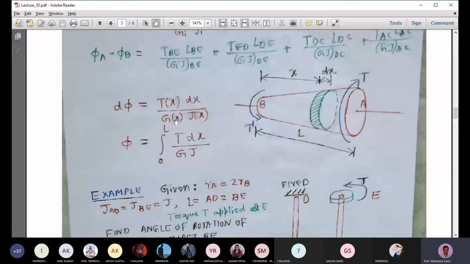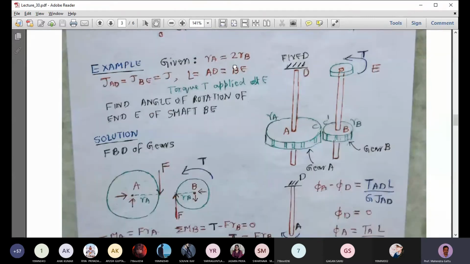formula for variable cross section. So this formula is similar to that delta for the axial load problem. Delta is equal to P dx by A. In that problem, what we'll do, we'll see what is the deformation of this segment under the axial load T of x, and then we can find what is the increase in length of this small segment, and then we can sum up all the segments' increase in length, and we get the total change in length.